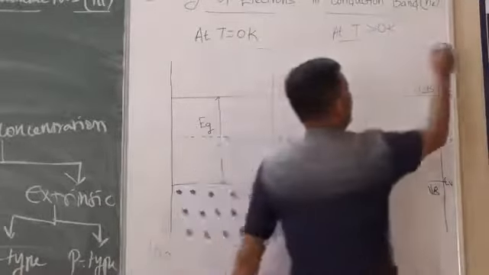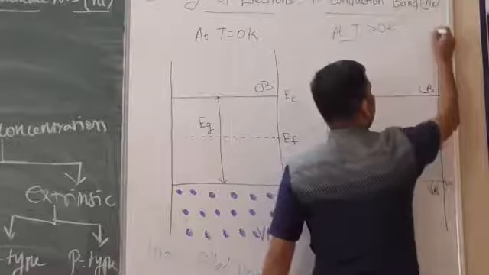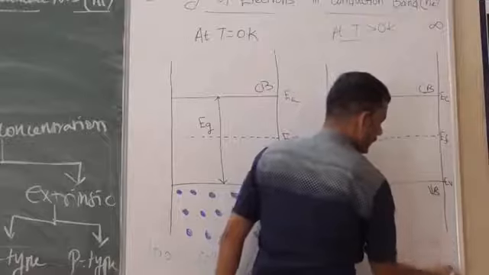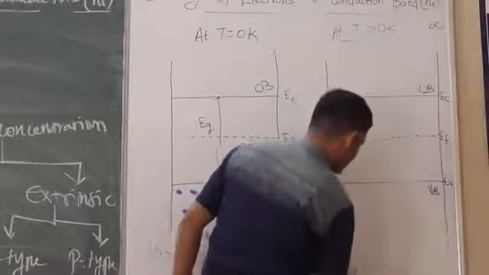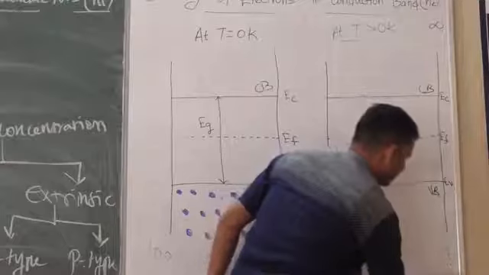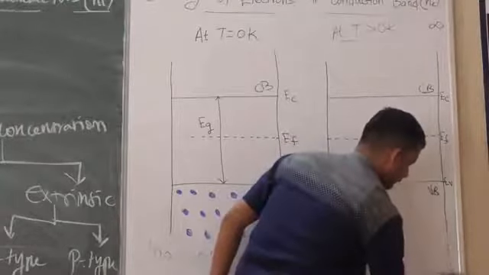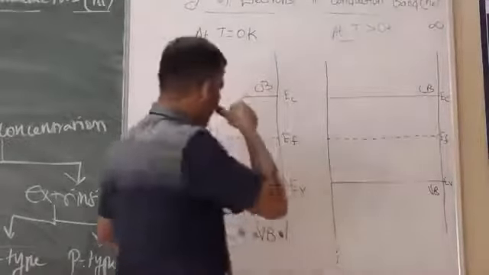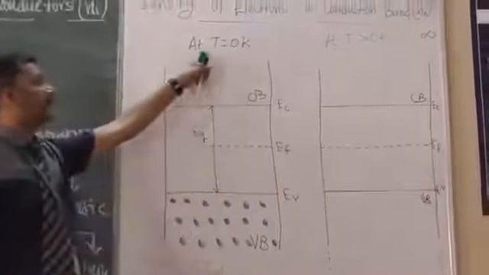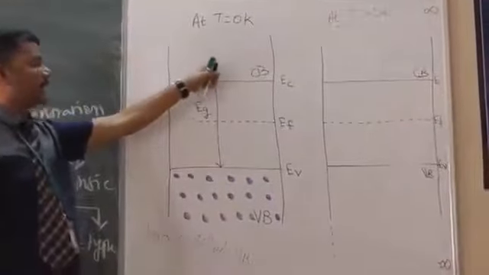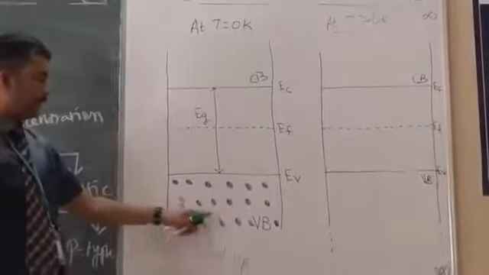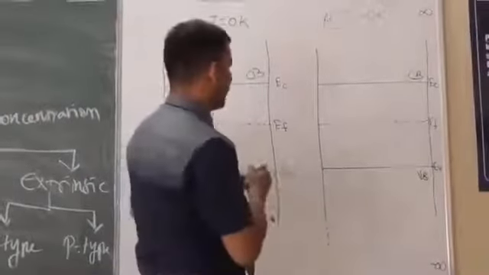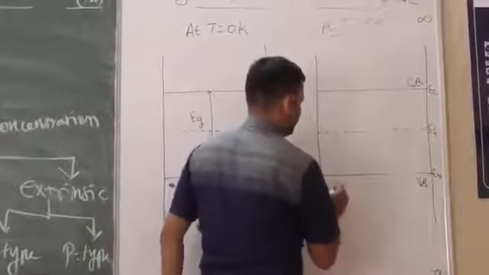For the conduction band, the maximum energy level is infinity, and the valence band minimum energy level is minus infinity. So initially, when temperature equals 0 Kelvin, the conduction band is 100% empty and the valence band is completely filled. When a thermal field is applied to a semiconductor,